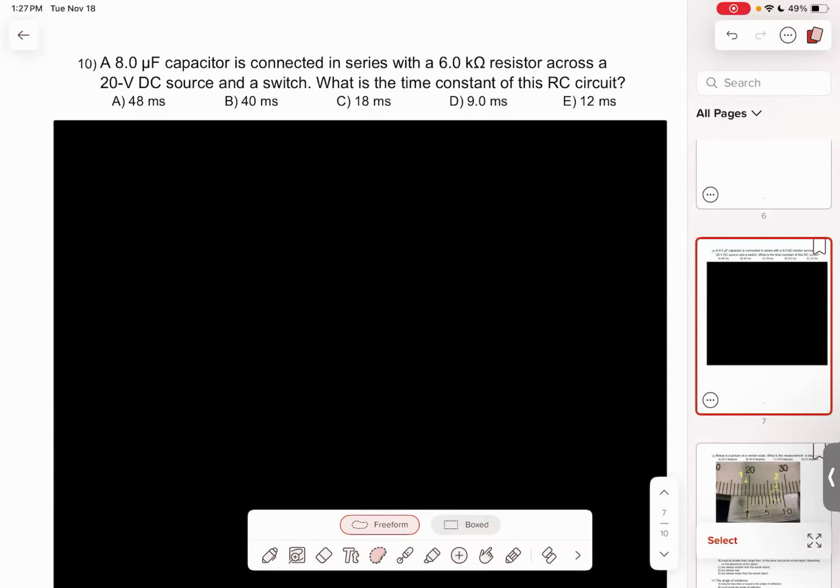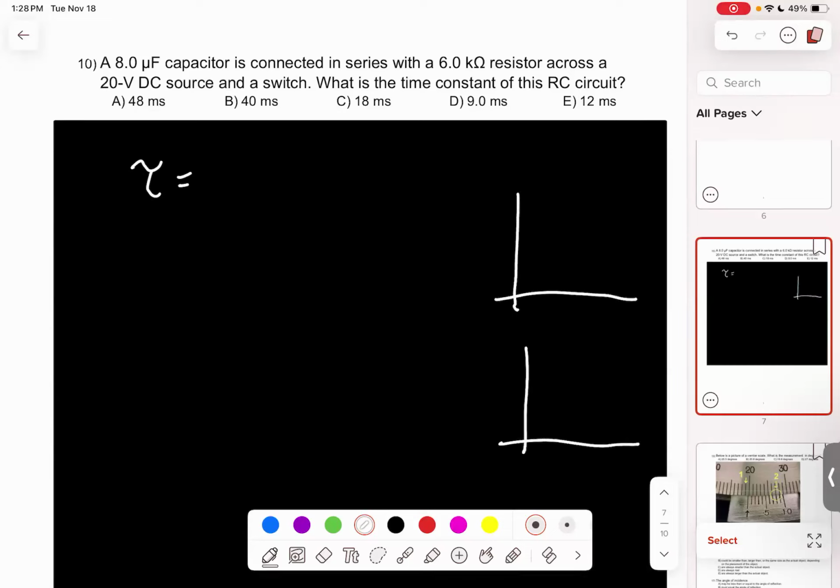So in this case, our goal here is to figure out what the time constant is. Our time constant is tau, and how we calculate it depends on whether you're charging or discharging a capacitor. It's either going to ramp up in this fashion or ramp down and discharge in this fashion, right? And it does something really special at each one of these points.